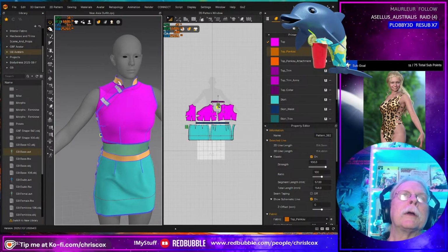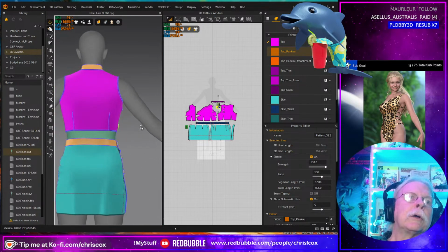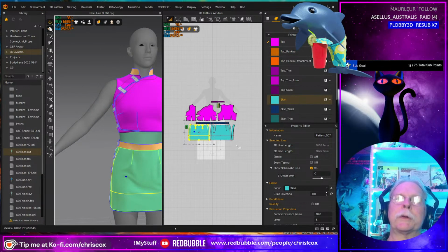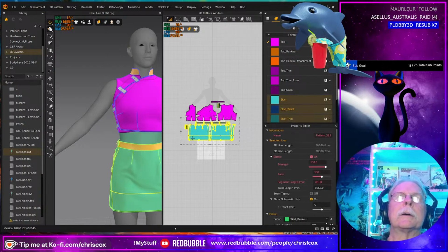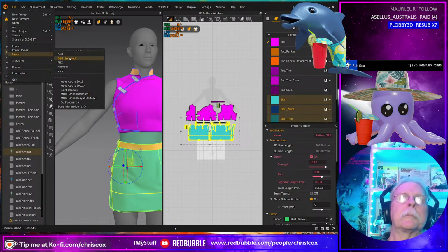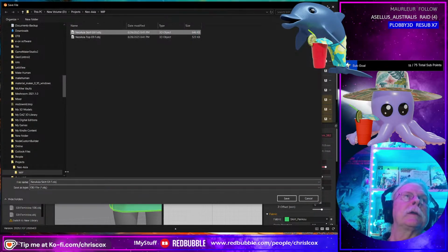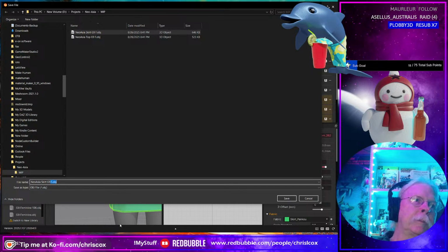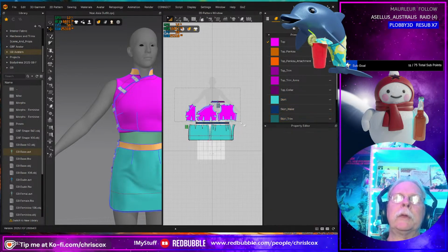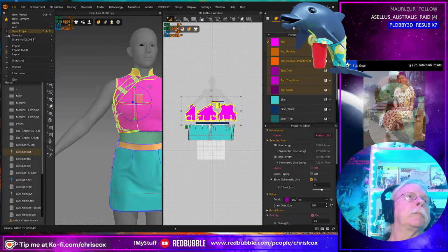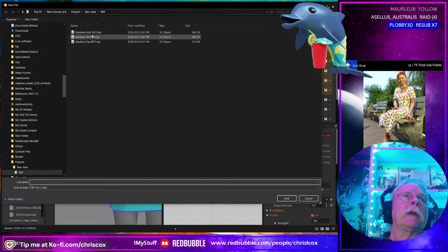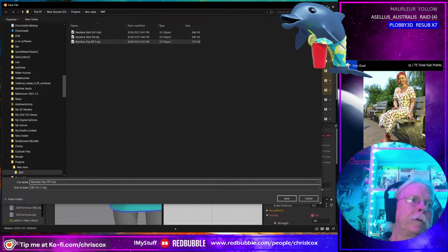I can refit it. How are you? How's the collar looking? How y'all looking back here? You're looking fine. All right, let's export that out a couple of times. Okay, that's the skirt, and this is just G9. This is the top. And that's just the top G9, no F.